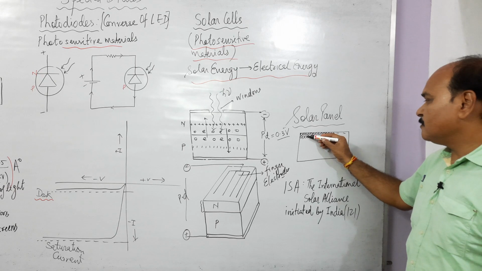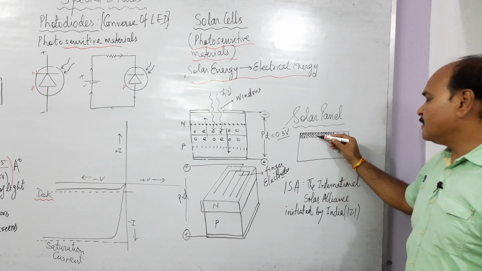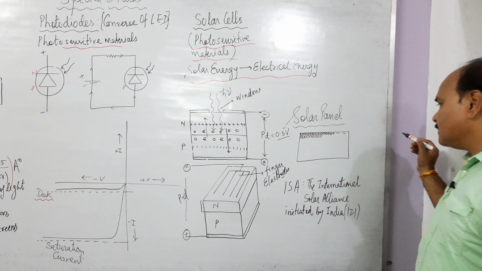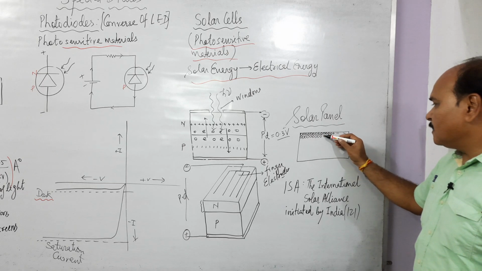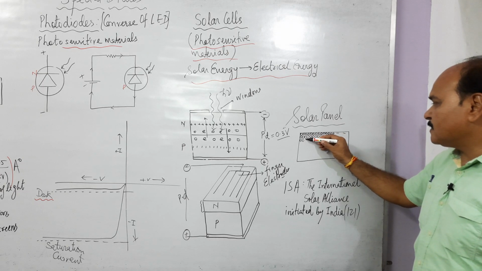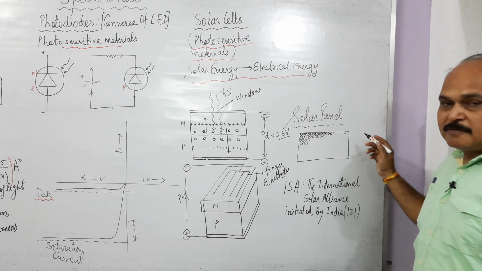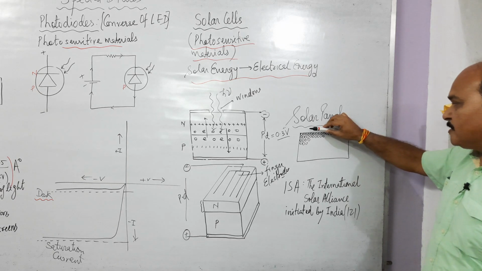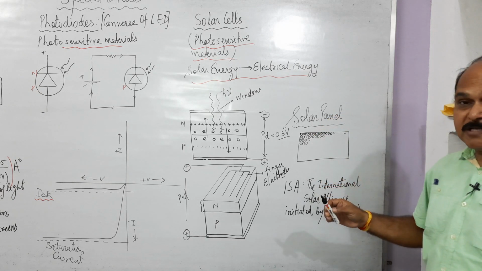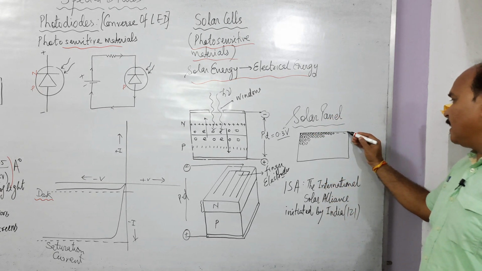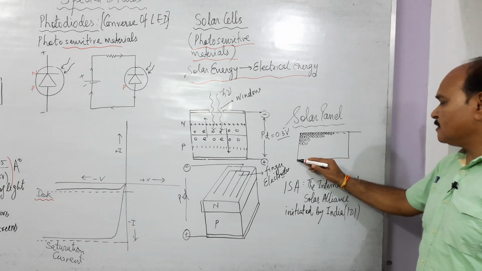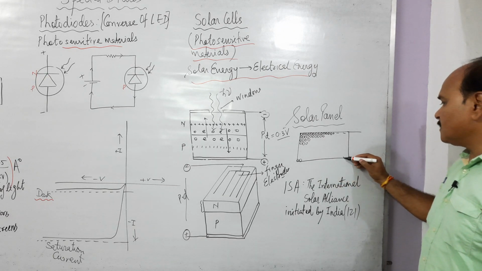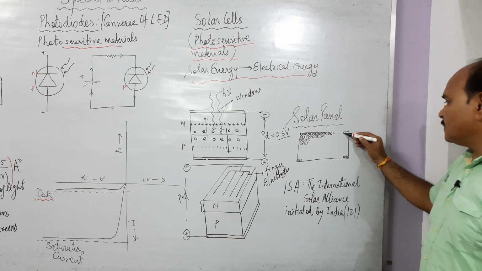This is one series of the solar cells, this is the second line of the solar cells, and this is the third line, and these were a large number of diodes. This is a series combination, and such series combinations are connected in parallel to each other. And what do we get? We get an electrical connection across these two terminals. This way, a large number of cells are there.